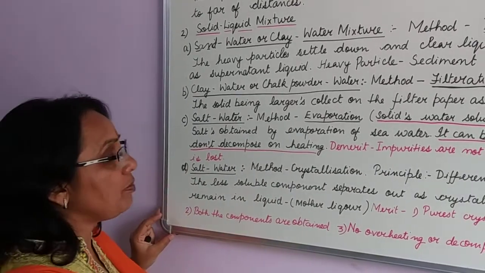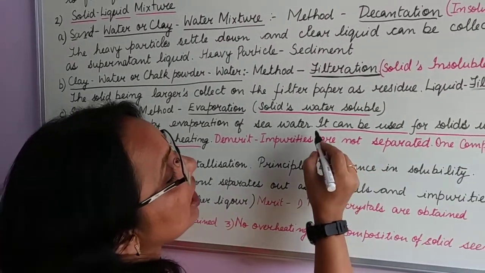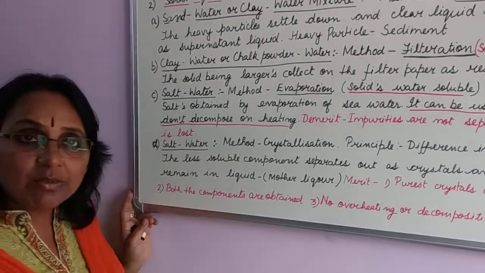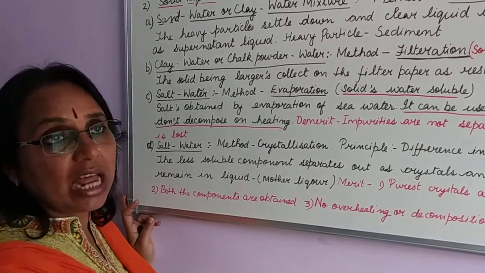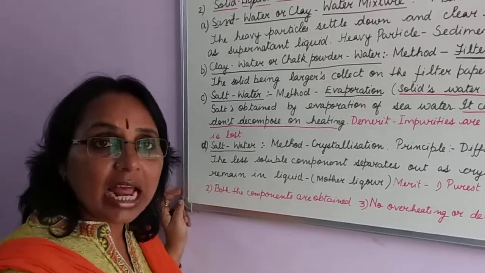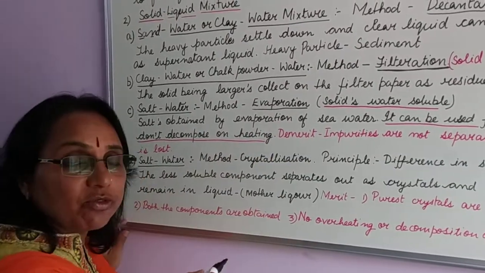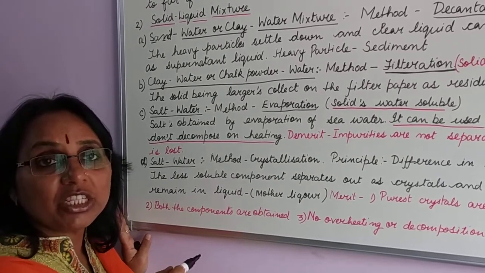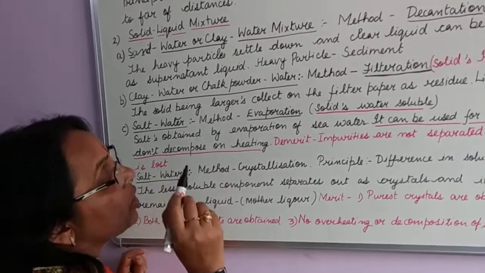Now this method can be utilized only for solids which are stable towards heat and do not decompose on heating, because many a time there are solids which cannot, for example sugar is not heat resistant, and if we start heating the sugar syrup, there comes a time when the sugar is overheated and gets charred. So this method of evaporation cannot be used for all types of solids. It can only be utilized for water soluble solids which are heat resistant and which do not decompose on being overheated.